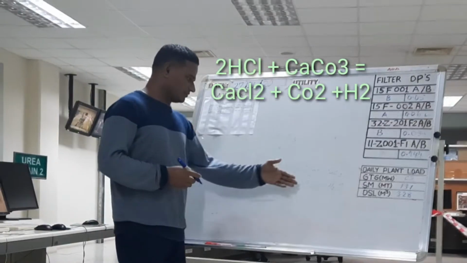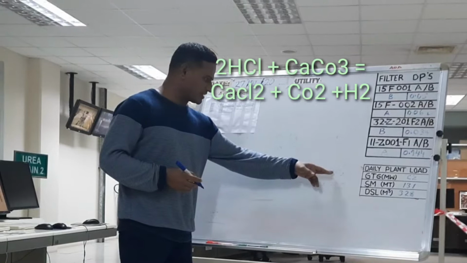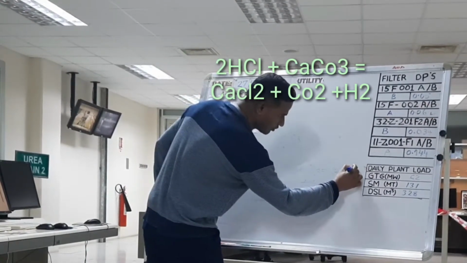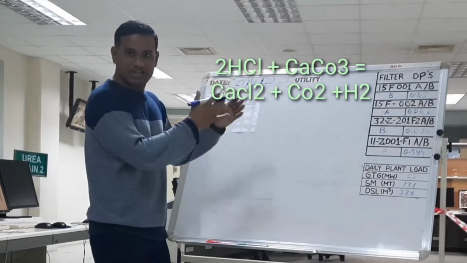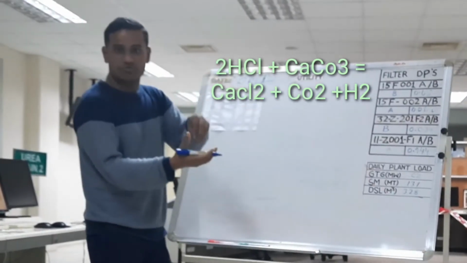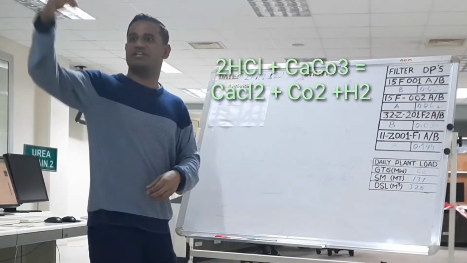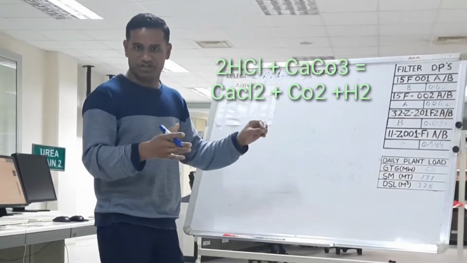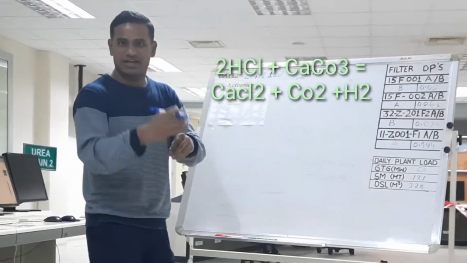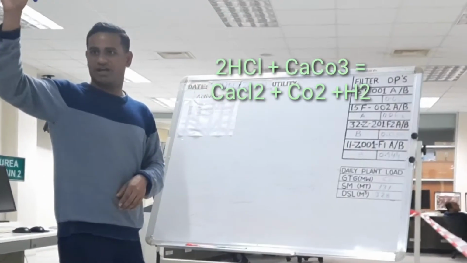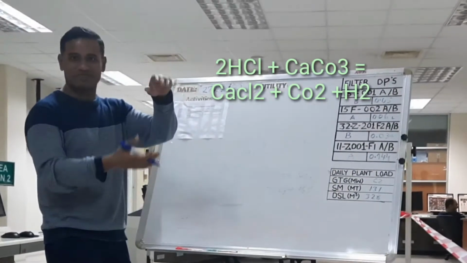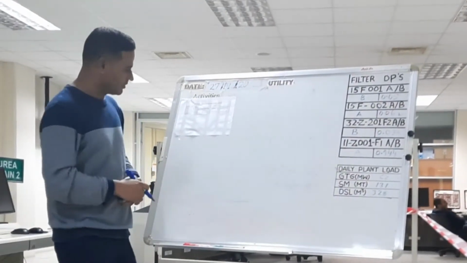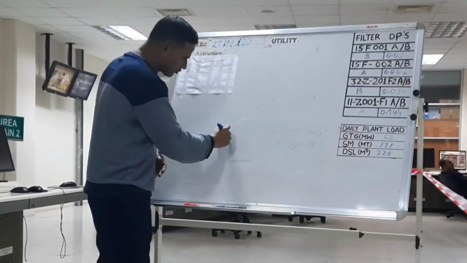Okay? Calcium chloride is ionic. Calcium has a positive ion and chloride has a negative ion. This ionic compound can dissolve in water and can then be sent to the outflow. By this system, the scale is slowly removed. Clear? So, we are using hydrochloric acid.